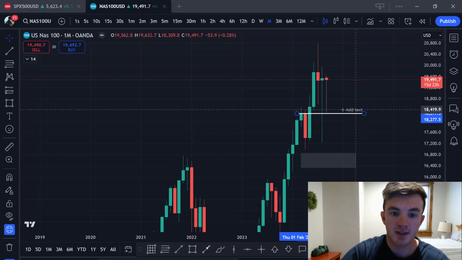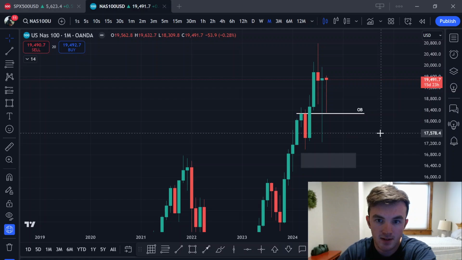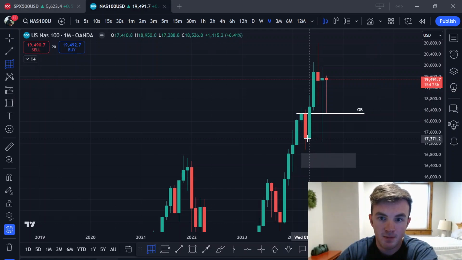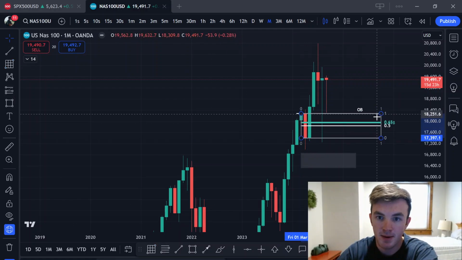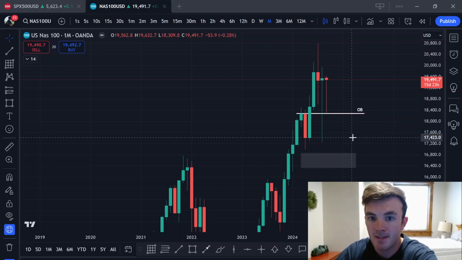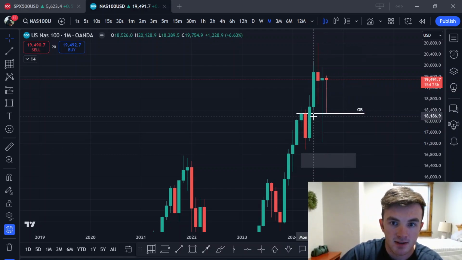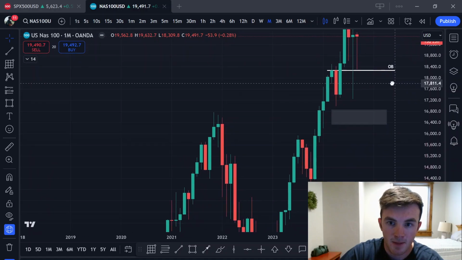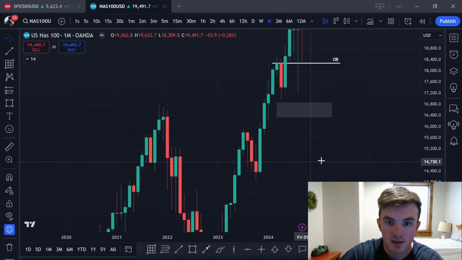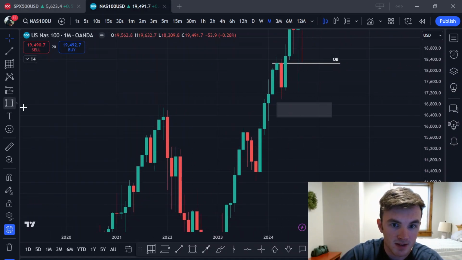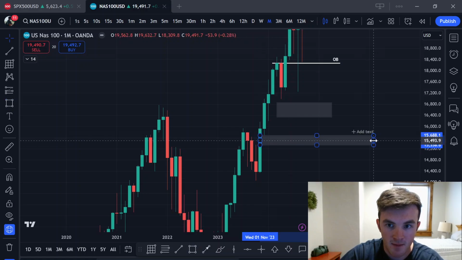it seems to me like we pushed way past the order block. Like we pushed way past the mean threshold. It doesn't seem like this is going to be valid anymore. And so where is the draw on liquidity? To me, it's this monthly fair value gap.